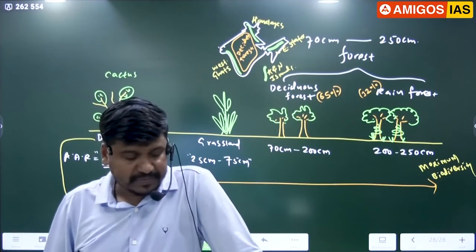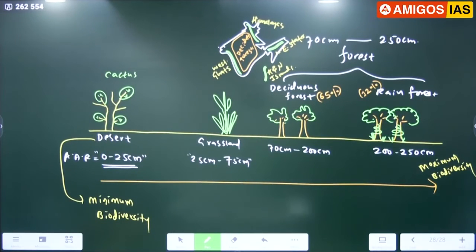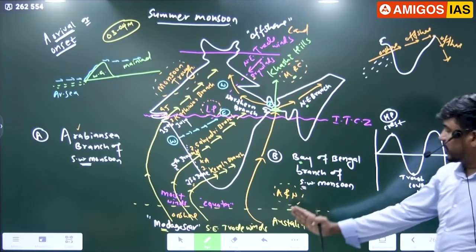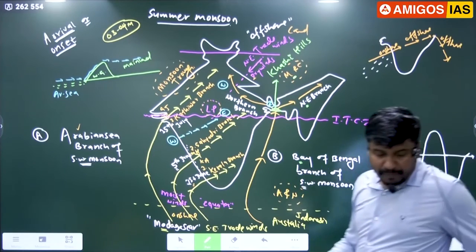Write down the next point, write down fast. What is the last point, Sanjana? Western Ghats, Eastern Ghats consist of less biodiversity. Okay, next point, write down. Listen, Eastern Ghats receive less rainfall because the Bay of Bengal branch travels parallel to the Eastern Ghats. Next point: Bay of Bengal branch